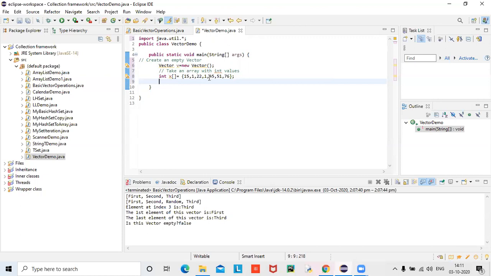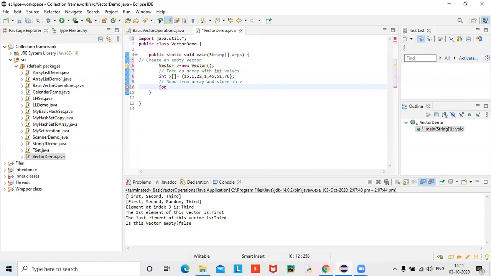That is the task. So for that you have to read the elements from the array and store them in the v object. For that, let me draw a for loop.